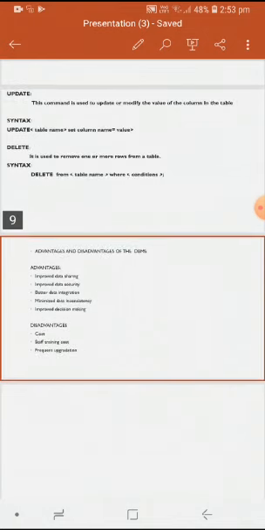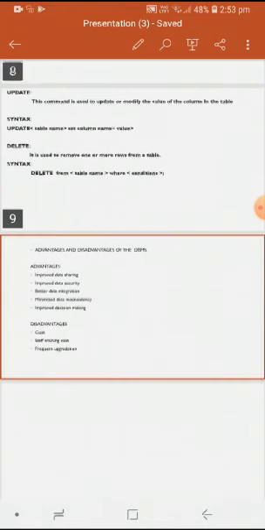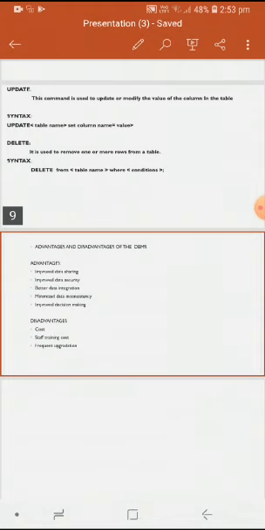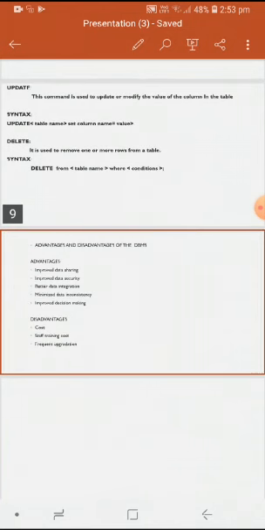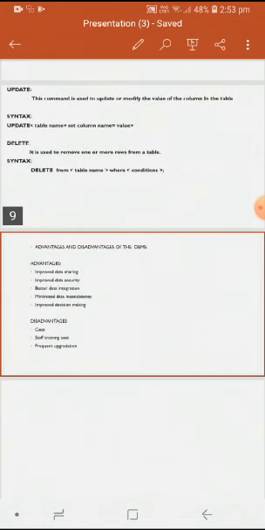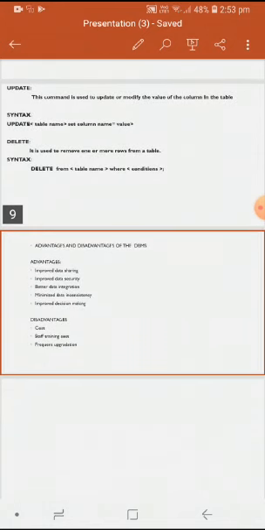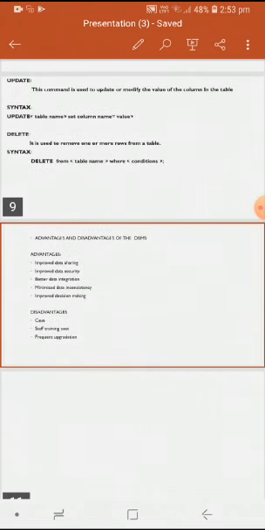Next one is improved data security. When you allow your database to be shared with multiple users, whether at the same time or at multiple times, the need for security becomes very high. So the DBMS has many security measures that can overcome any security issue if it exists. The next advantage of DBMS is better data integration. What DBMS does is keep the data in an organized manner.